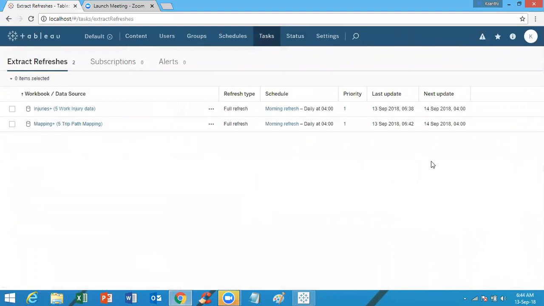Okay, so this got added now at 6:42. Okay, so yeah, it is successfully added to the extracts. Okay, extract refresh using Tableau Desktop. So using server, we have added injuries work data. Using desktop, we have added mapping data. Okay, so this is how we can schedule the extract both at the time of publishing and on Tableau Server,